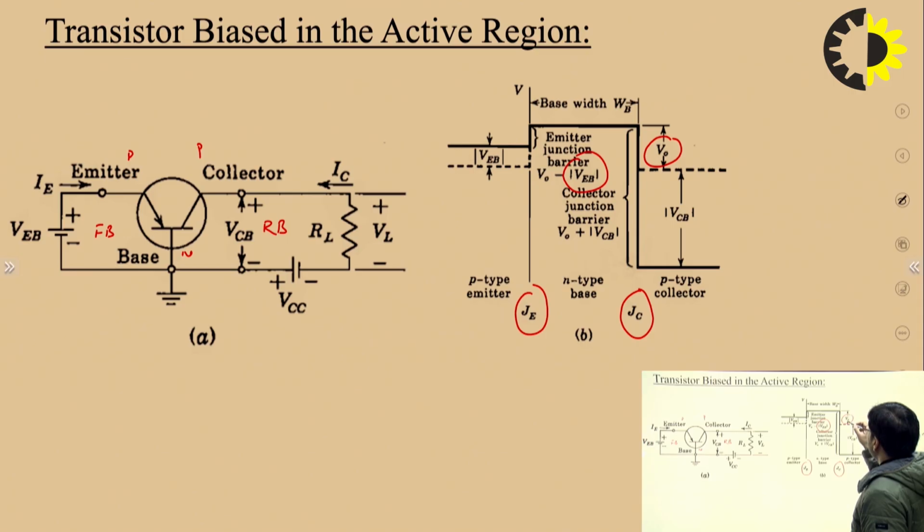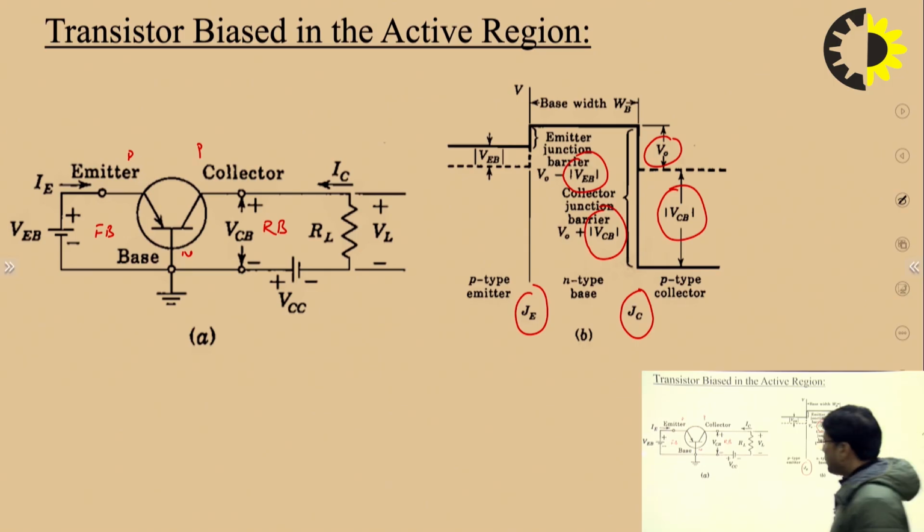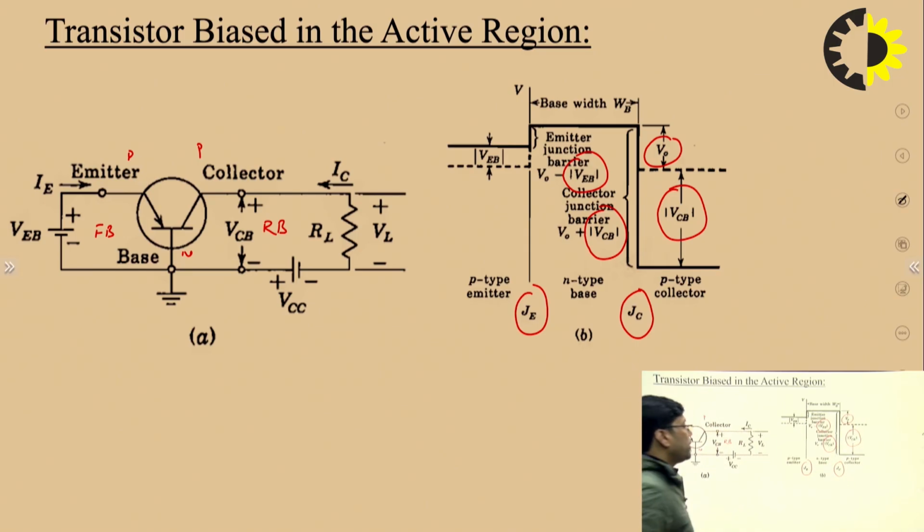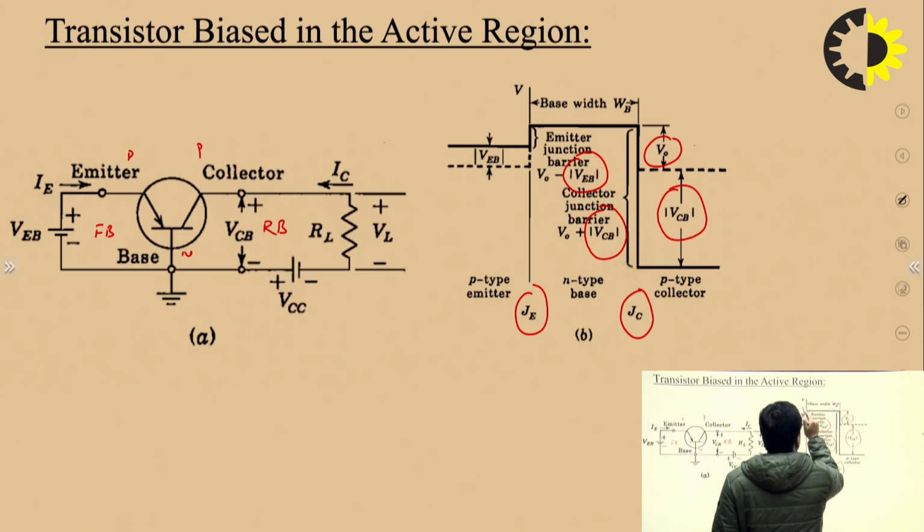So this contact potential barrier height is increased by the amount of reverse bias voltage here. So this barrier height is decreased, and this barrier height or contact potential is increased by the amount of reverse bias voltage. So this is a representation of contact potential height for this BJT in the active region. So we need to understand this contact potential, because we need to understand how the carrier charge flows from emitter to collector, right? So next topic is the